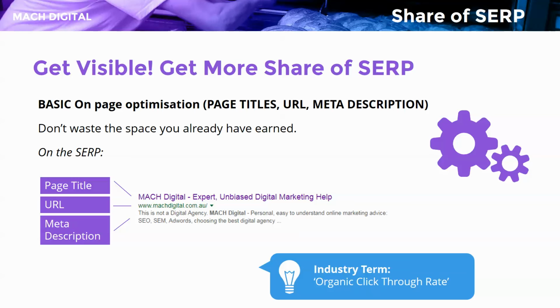I've seen many cases where some of this isn't filled out properly. The meta description might just show some default content on the page. Even worse, it might show something like "content not found" or some sort of error message, and it just doesn't look good. It's less likely, even if you spend all the effort getting there, that people are going to click through to your result. And one of the things that measures that is organic click-through rate, which you can measure in